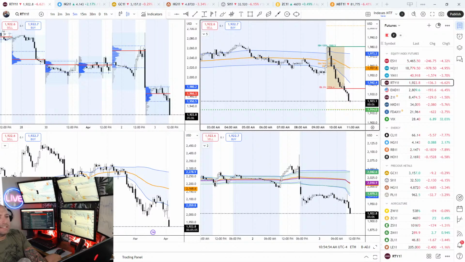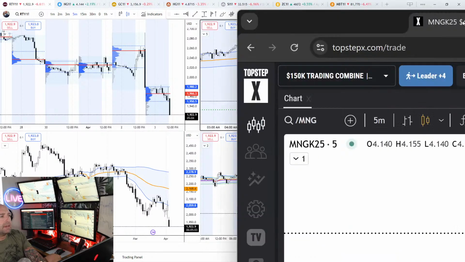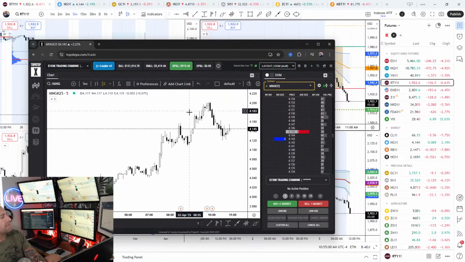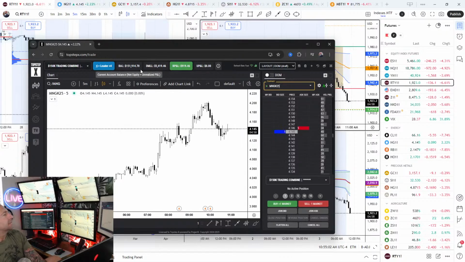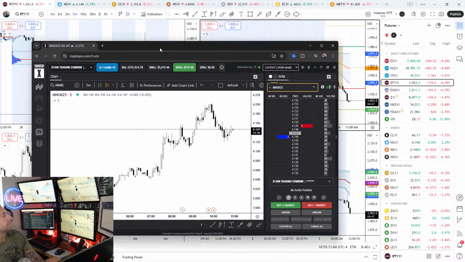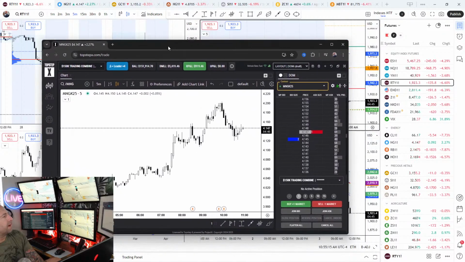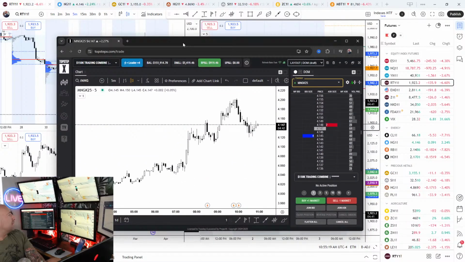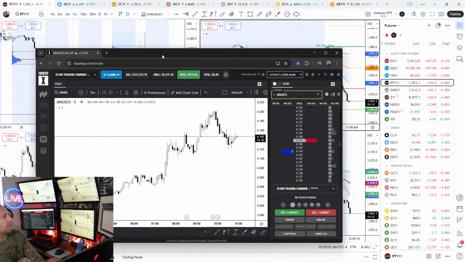So I've already had a decent day, guys, so I don't have a huge desire to trade. I'm up 919 in my 5 combines. These are the 150s, so I'm about up 2K. Just started these literally yesterday. Profit target is 9K. Trying to get a 25K payout in these by the end of May would be the goal.